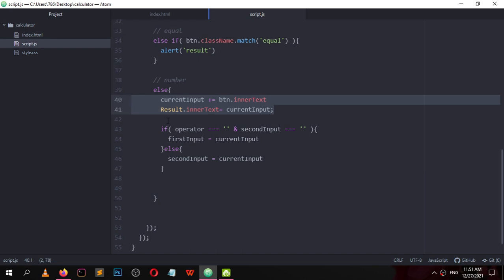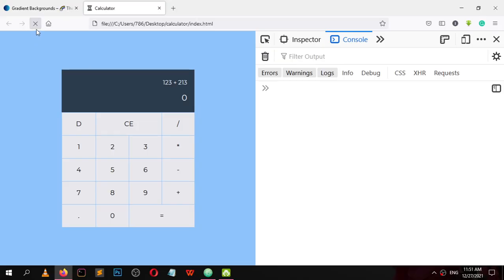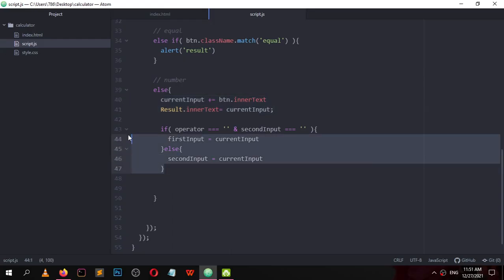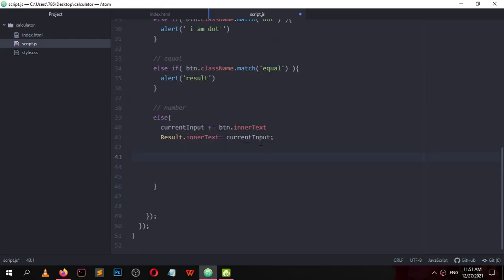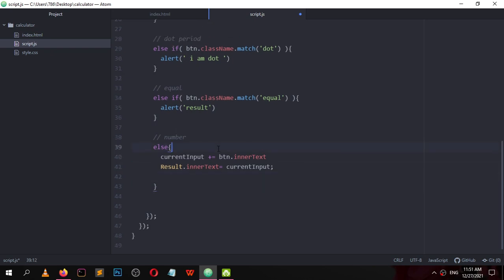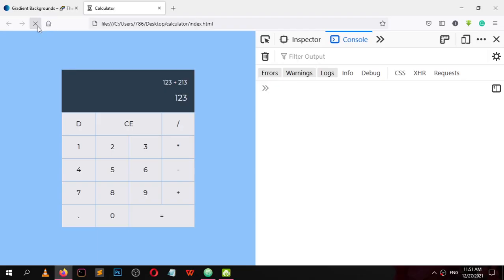I think I am missing something here. Let me check again. 1, 2, 3. I don't need to add this logic here. So remove this and keep it as this. Reload 4, 5, 6, 9.